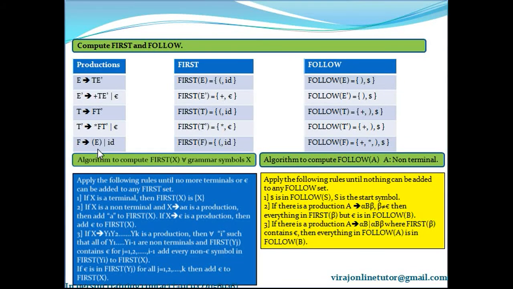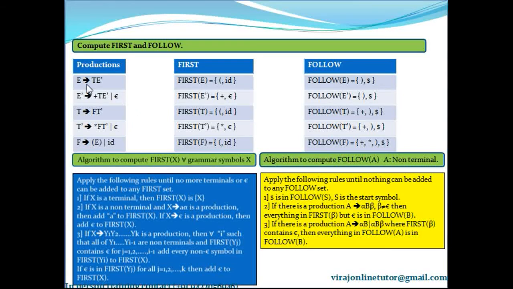Okay. So I'll again explain all the computation of follow, because these are important concepts. For the follow, you place dollar in follow of the start symbol. The second rule says match all the productions for alpha B beta where there should be something in place of beta. If there is something in place of beta, whatever is in first of beta, you place it in follow of B.